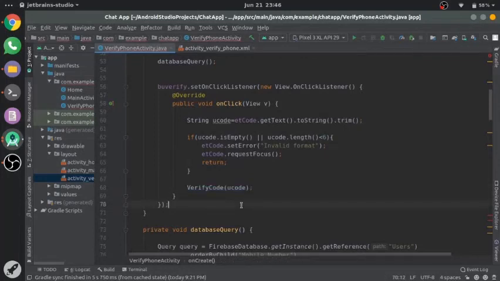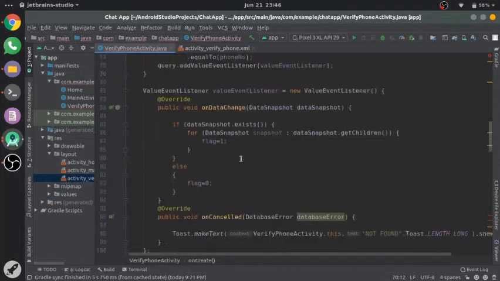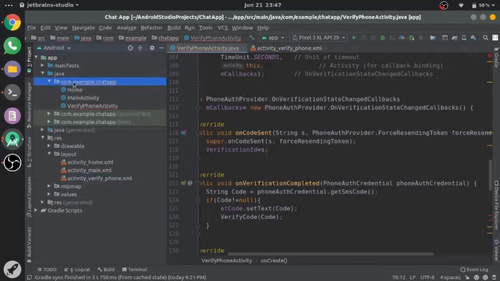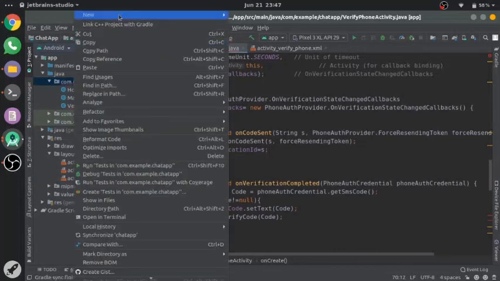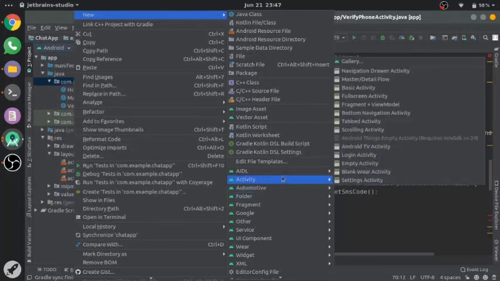Okay, so let's create this sign in activity by right clicking on this activity and then empty activity.